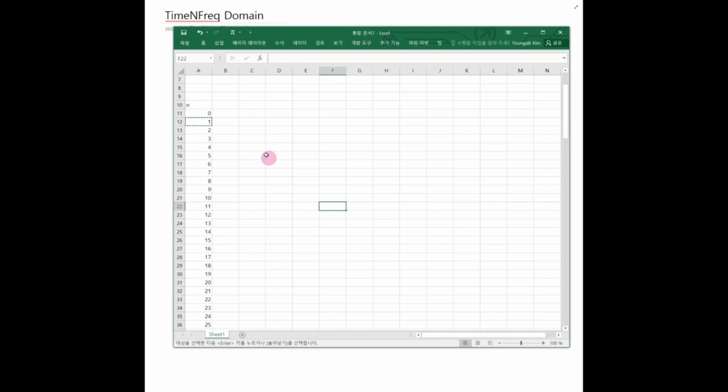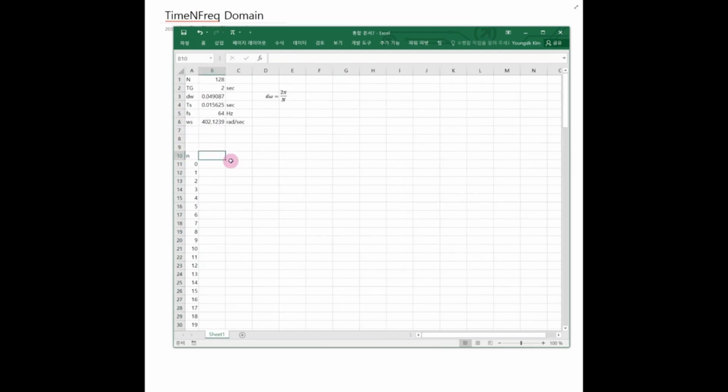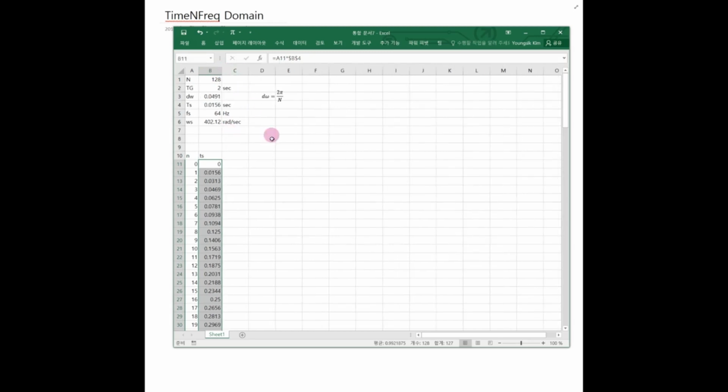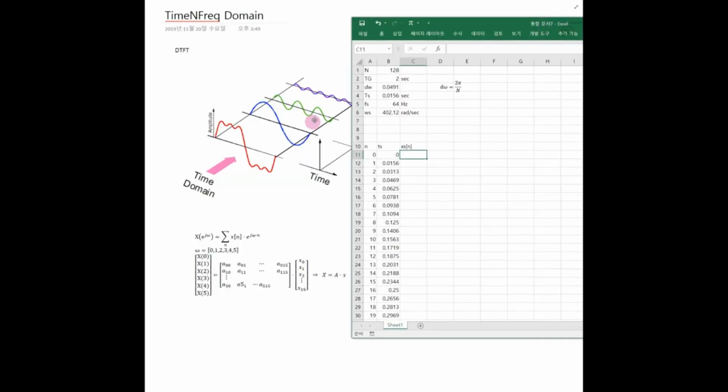Okay, I create the bin index over here, and the time series can be given by this product of time step. Okay, I make it constant. Then this one shows the time step. This is the time step, and I would like to create a time sequence here. The sequence at this moment, I would like to create this red curve that can be